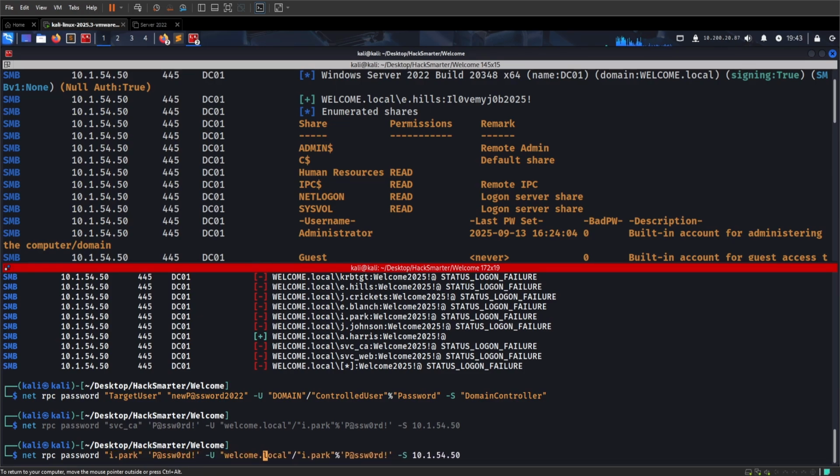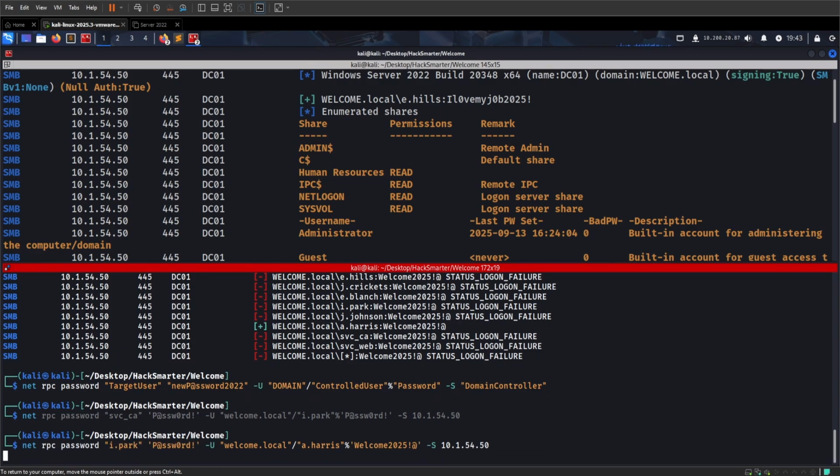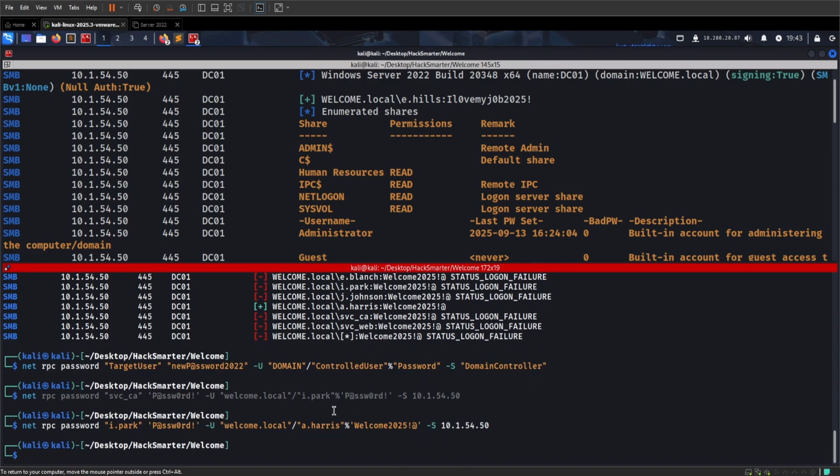Password, welcome.local, and we'll say our username is actually A.Harris. The password is that welcome password, that's what we just figured out. We have GenericAll over iPark, so we can do it in our RPC password. We change the password. There we go. Okay, that worked. Now, if we go ahead and do it in RPC, save that thing again,